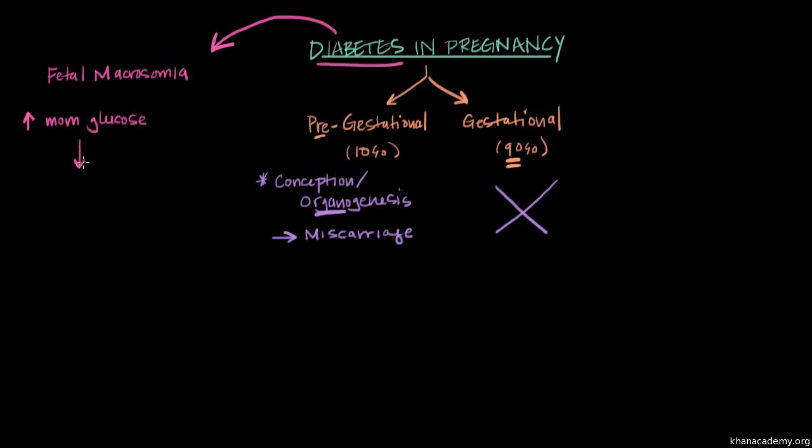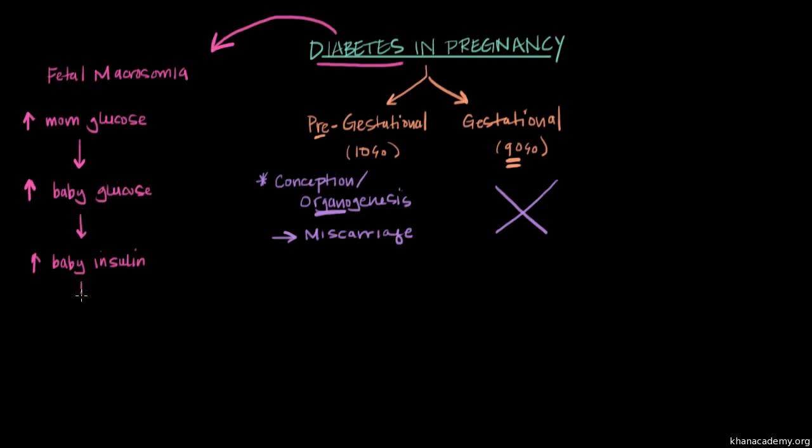That's one of the main purposes of the placenta, to allow glucose to enter the baby's bloodstream as an energy supply. So then when mom has high glucose levels in her blood, then the fetus has high glucose levels in its blood. And that drives the release of insulin in the fetus, because that's the body's primary response to glucose, to release insulin. Insulin is kind of the key that allows cells to open up their doors and take up glucose and use it. And so that insulin that's released in the fetus allows glucose to be taken up.